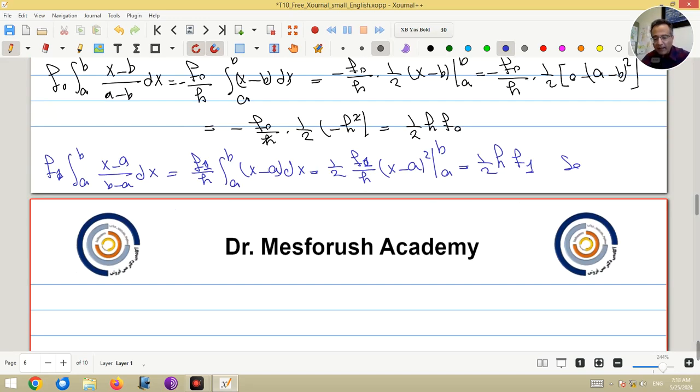So we have computed everything that we need. Okay, so the integral from a to b of f of x dx is h over 2 times f0 plus f1 minus h cubed over